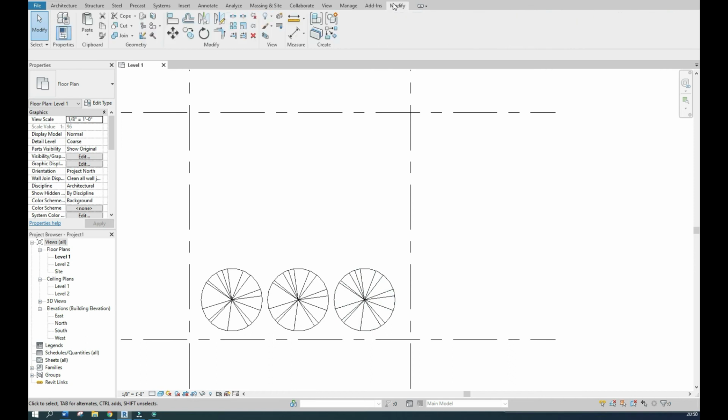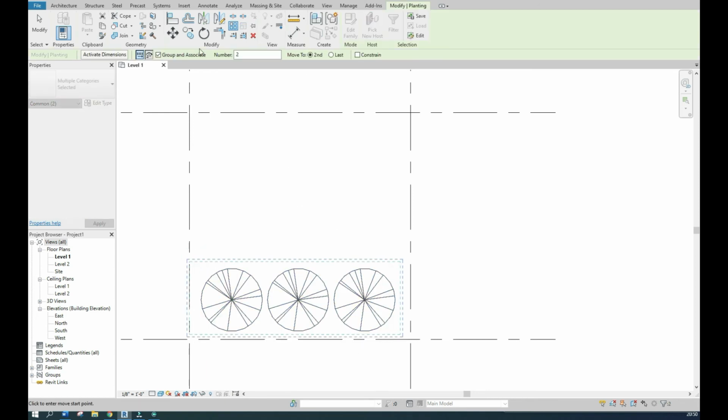Go to Modify and select the Array tool. First select the element you want to create an array for. Then specify the dimension and number of arrays.